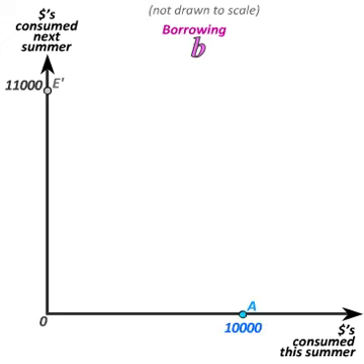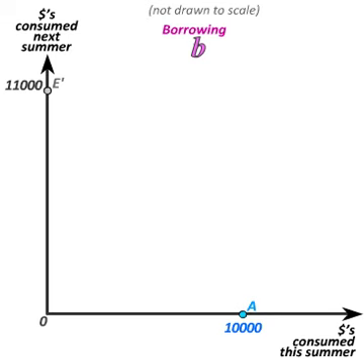Suppose your local bank is willing to lend you money at 10% interest, as long as you can demonstrate that you'll be able to pay it back. What you can demonstrate is that you have an employer that will pay you $11,000 next summer. So the bank will be willing to lend you an amount such that you'll be able to pay back that amount plus interest at 10% 1 year from now, totaling $11,000.